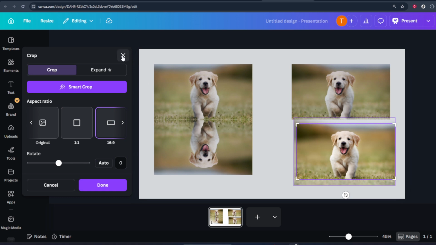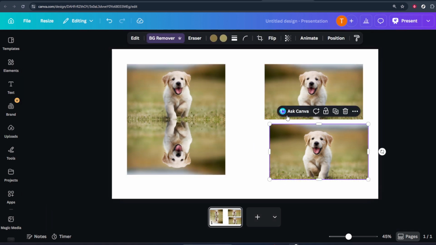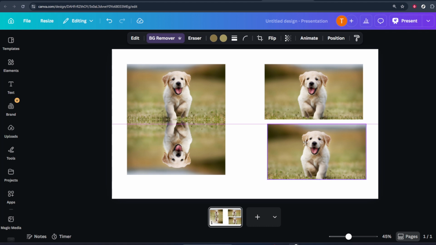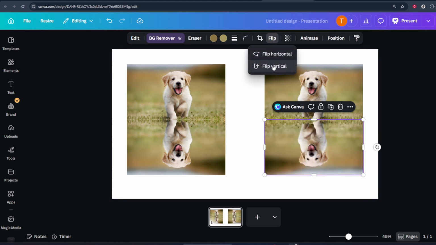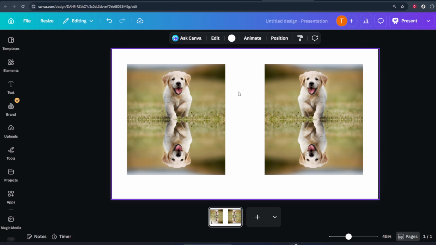Now drag the flipped image directly below the original, so the bottom edge of the main photo lines up with the top edge of the flipped one. Adjust the spacing until it looks like a clean reflection. For a more realistic look, you can slightly lower the transparency of the flipped image using the transparency slider, and if you like, add a subtle gradient or fade to soften the bottom edge. And that's it. You've just created a mirror effect in Canva using a single photo, a blurred background,